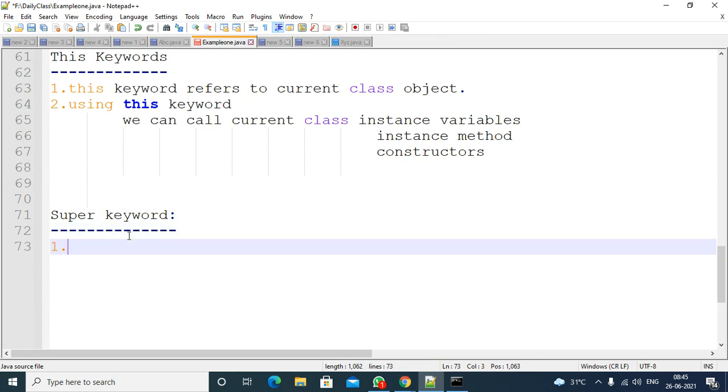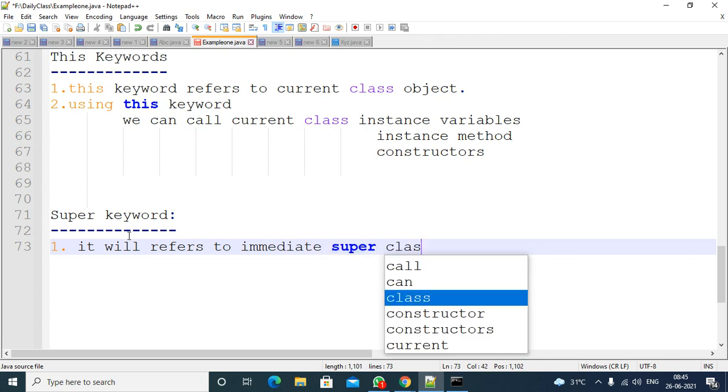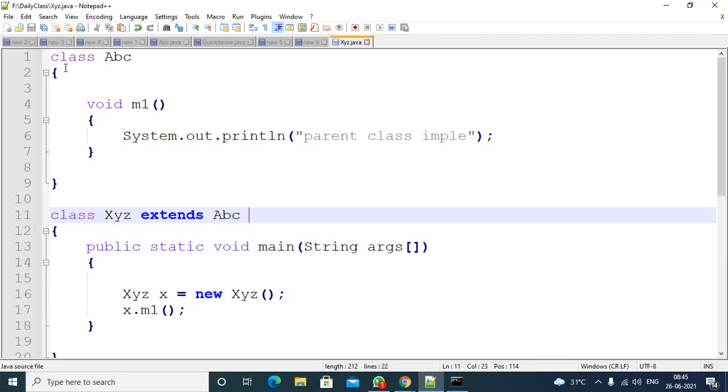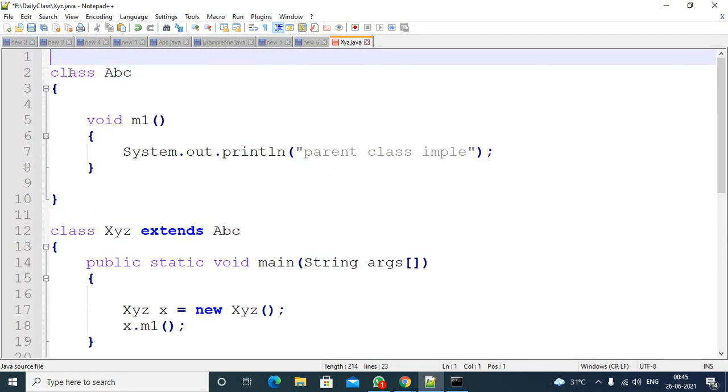First, what is the super keyword? It refers to the immediate superclass reference. Immediate superclass means, suppose in this program, there is one more class.